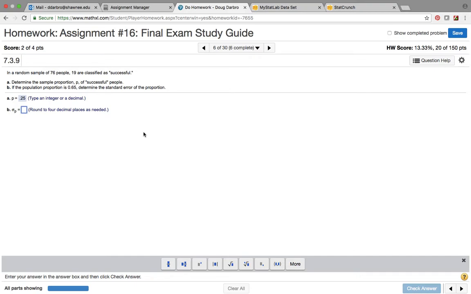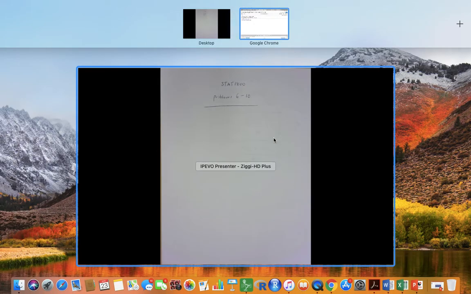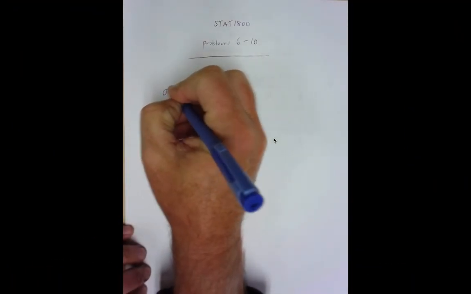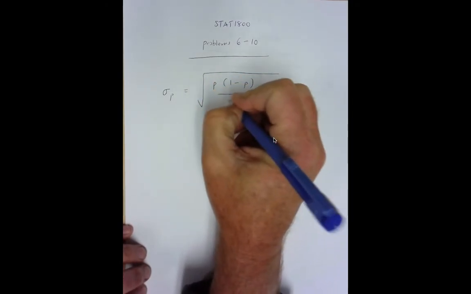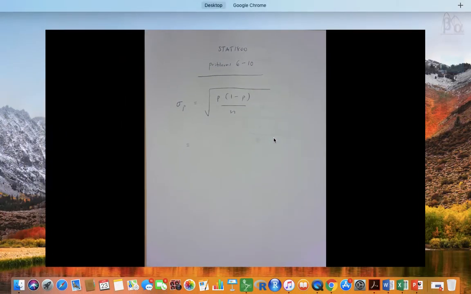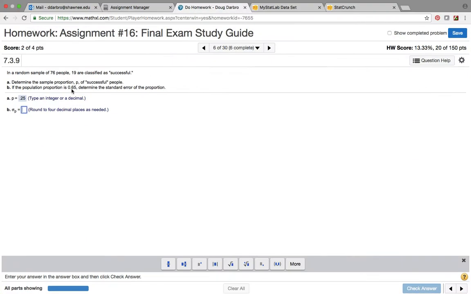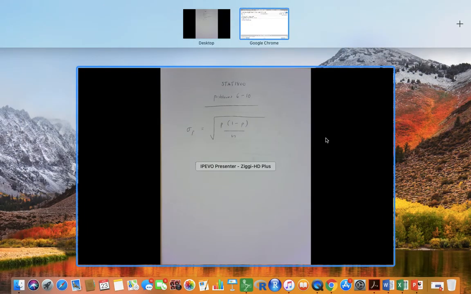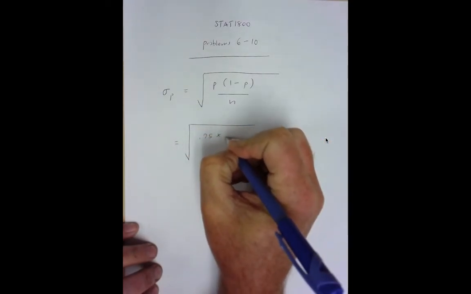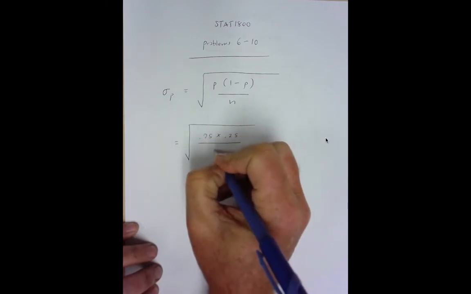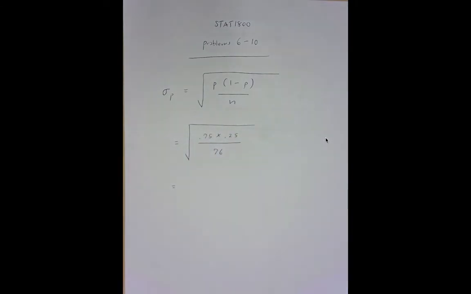Now the next thing it asks is to find the standard error, sigma sub p. You guys remember the sigma sub p is the square root of p times 1 minus p over n. Now going back to the problem, it says that p is 0.65, and we can see that our sample size is 76. So 0.65 and 76. So this will be 0.75 times 0.25 divided by 76. Now if we can put that in our calculator without,